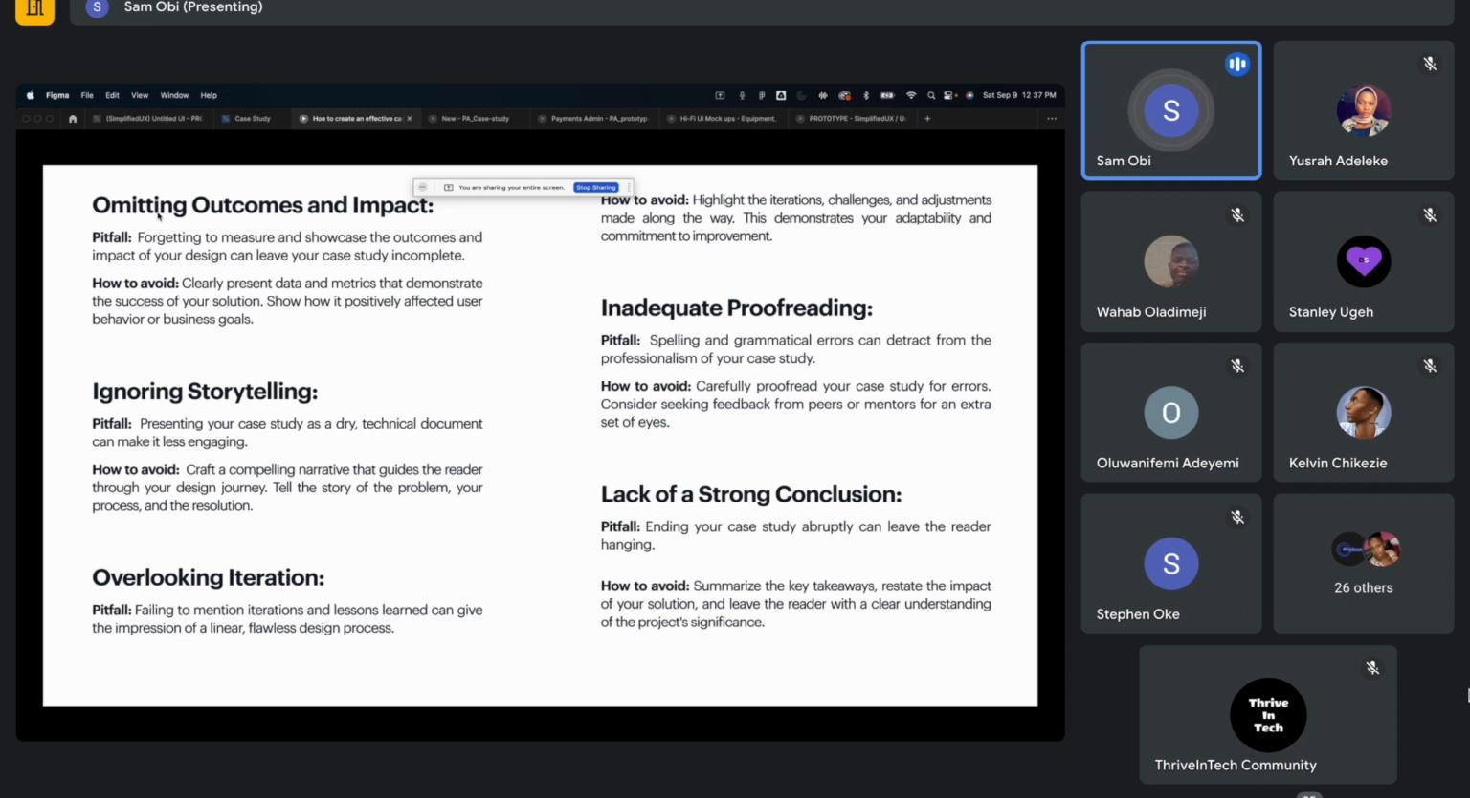Overlooking iterations. We talked about iterations earlier. We have to understand that iterations are important. They need to see the different stages. They need to see how you moved from one point to another,